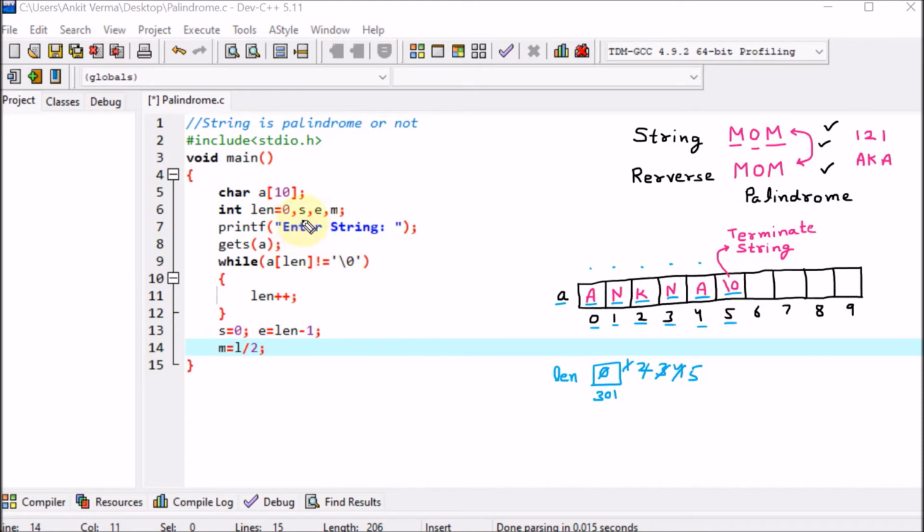Now understand that this variable s we have taken. So here assume that in the memory one block is reserved with the name s. Let's say the address is 401. And here I am saying start is equal to 0. So here start is 0. Hypothetically, if I tell you, I want that there should be a start variable which should be pointing to the very first block of the array.